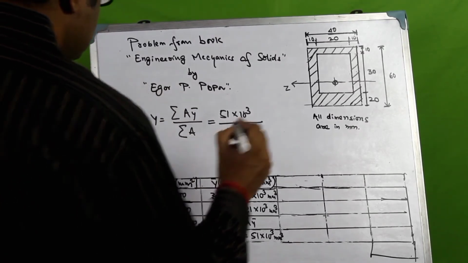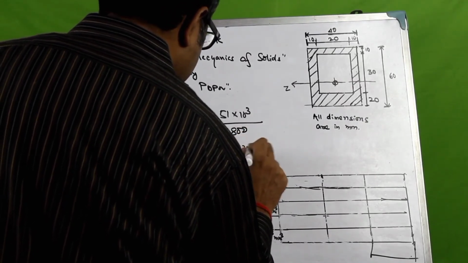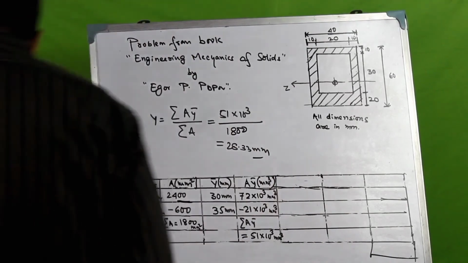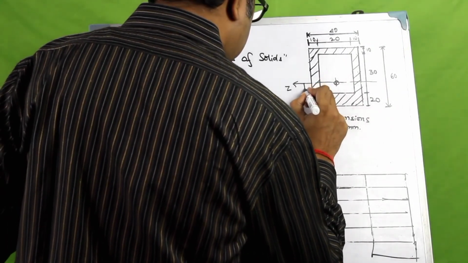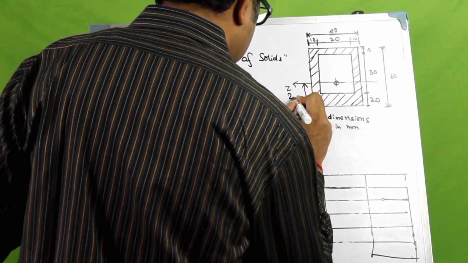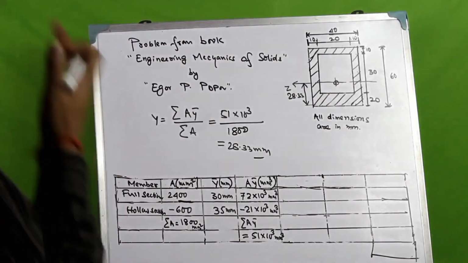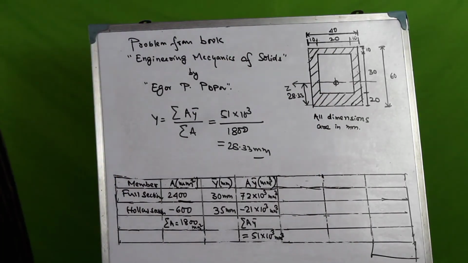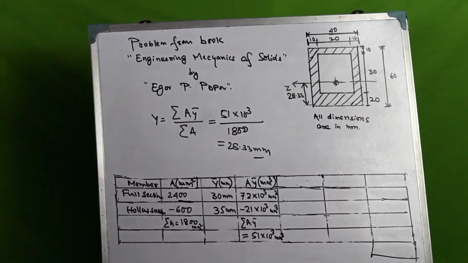This comes as 28.33 millimeters, right? So then this distance here would be 28.33 millimeters. Now that we have found this, the next thing we want to do